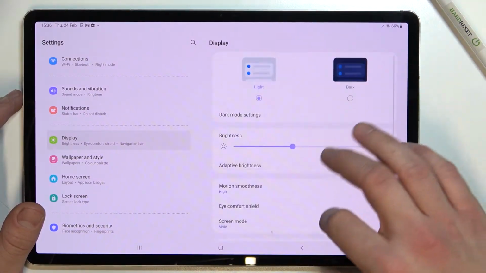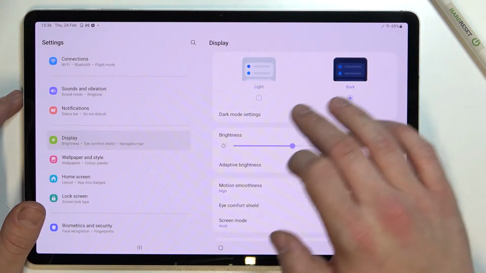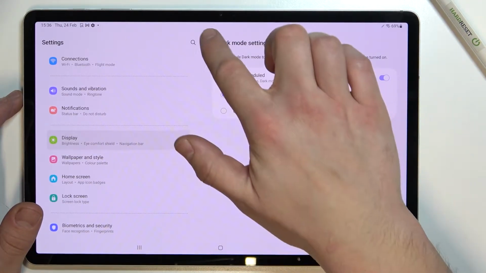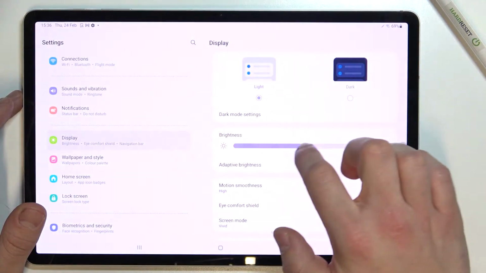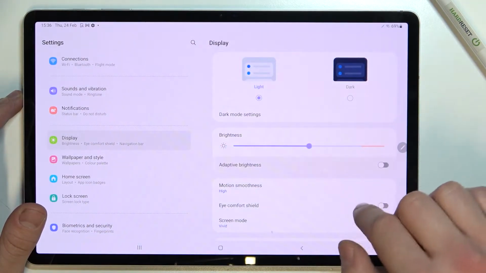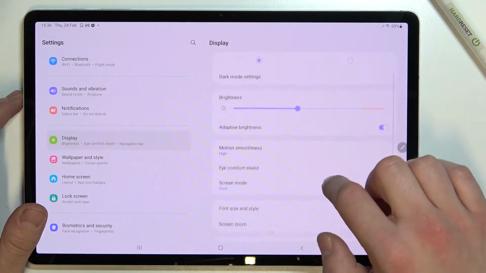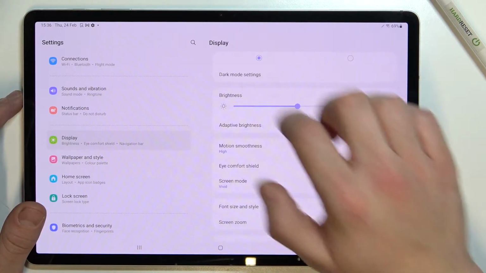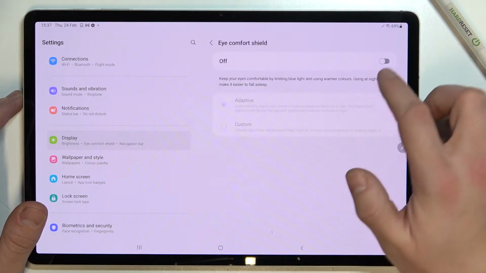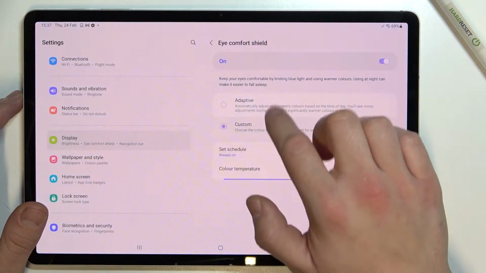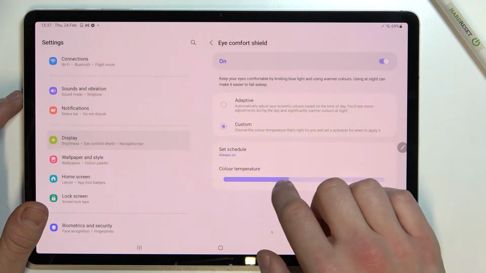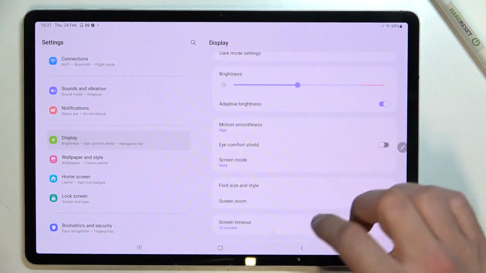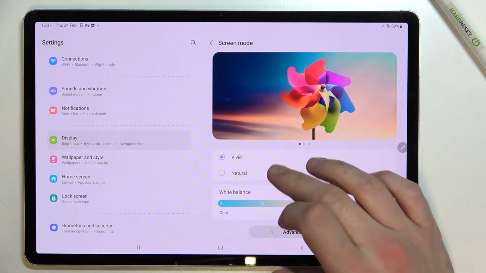Let's start with the top of the list, where we can change between light and dark mode, or schedule our dark mode. Change brightness level, enable or disable adaptive brightness, change motion smoothness, enable or disable eye comfort shield, between adaptive and custom, change screen mode between vivid and natural,